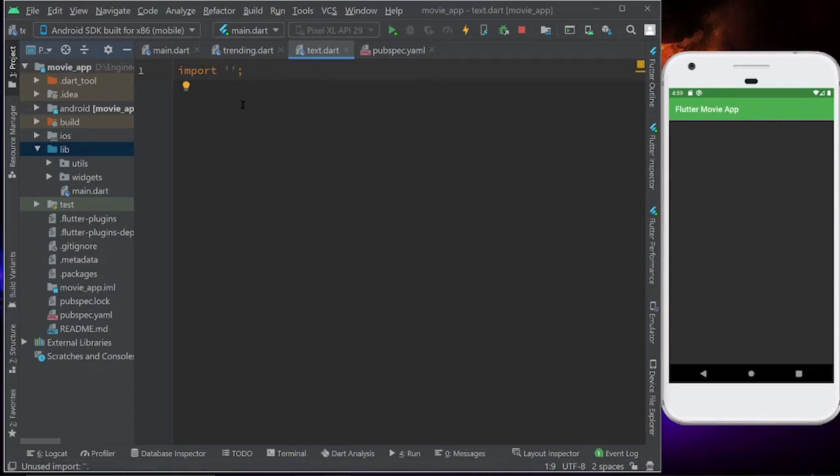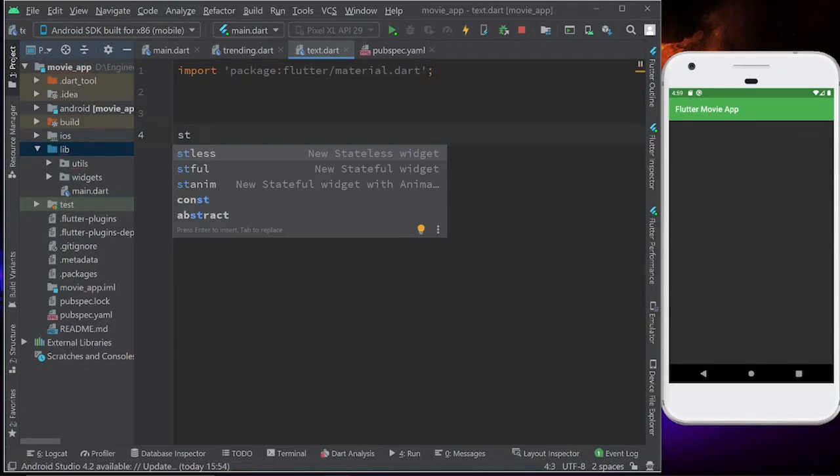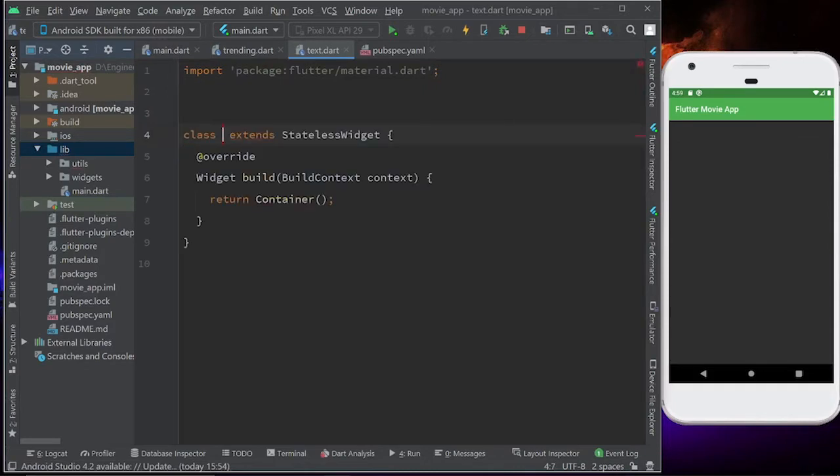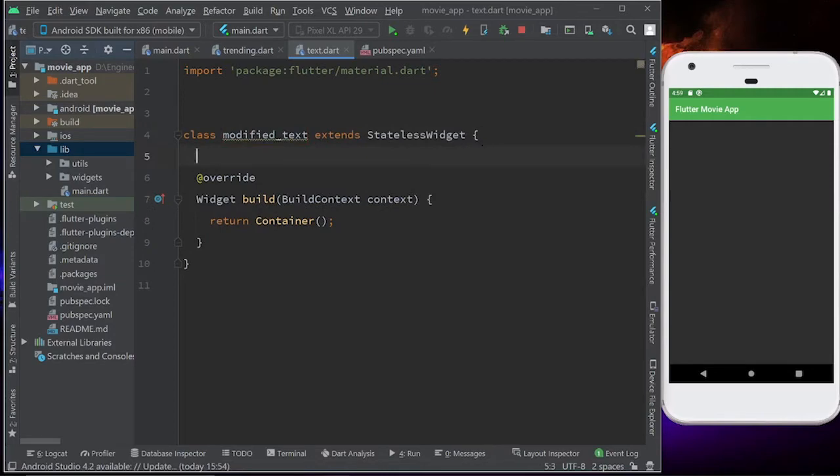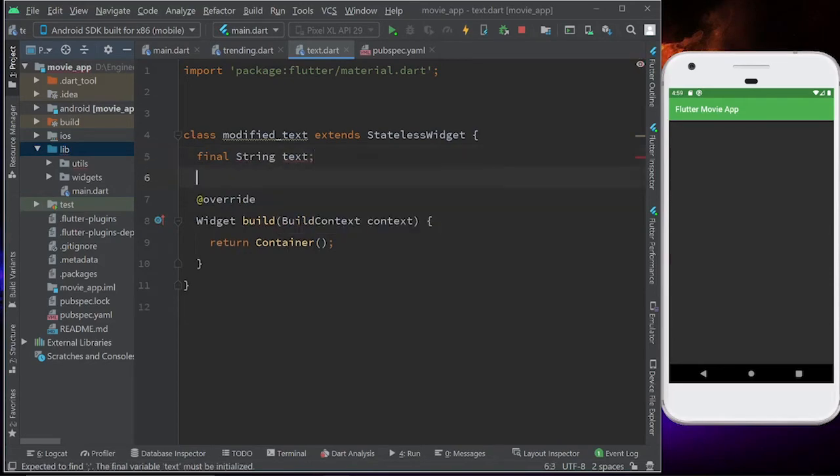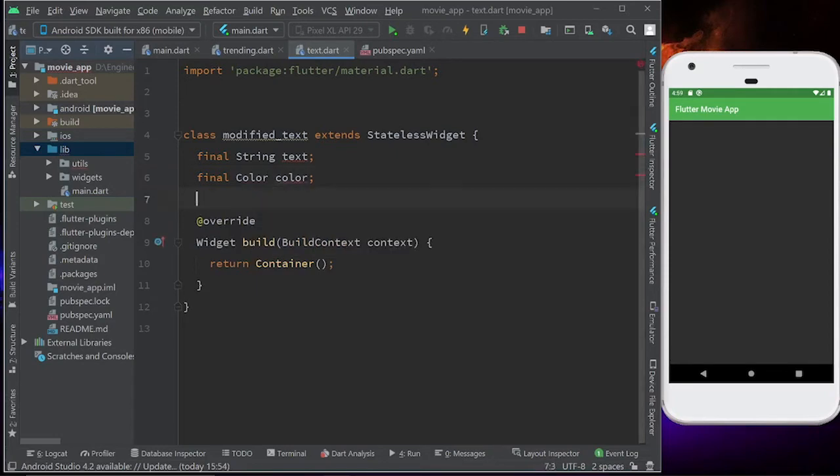So what I will do is I'm going to import material.dart, and it is going to return a stateless widget, and I'm going to name this stateless widget as the modified text, right? So let's name this widget as the modified text, and this modified text is going to take the text from the widget. So final string text, then it is also going to take a color, final color. It is also going to take a size, final double size, and we are going to create a constructor,